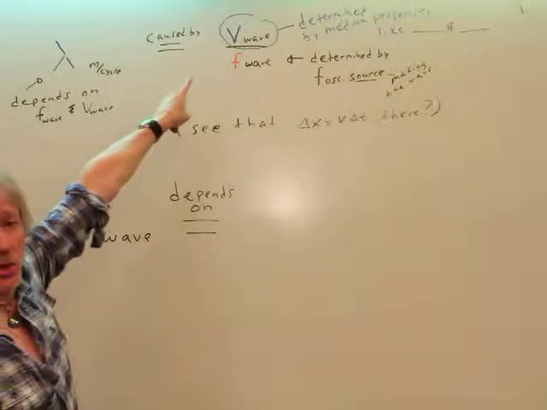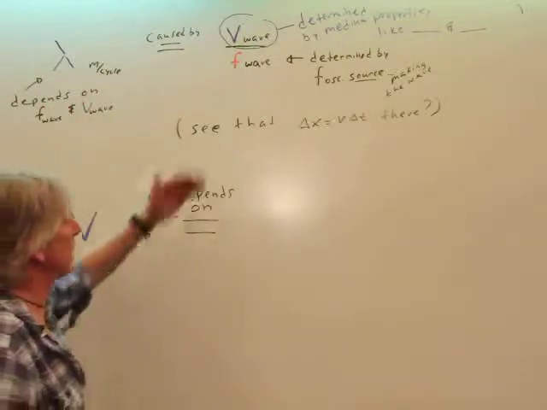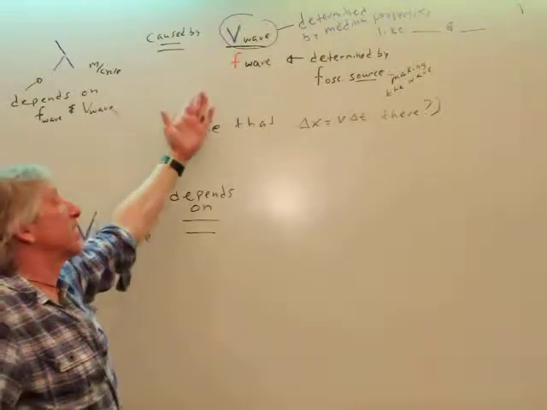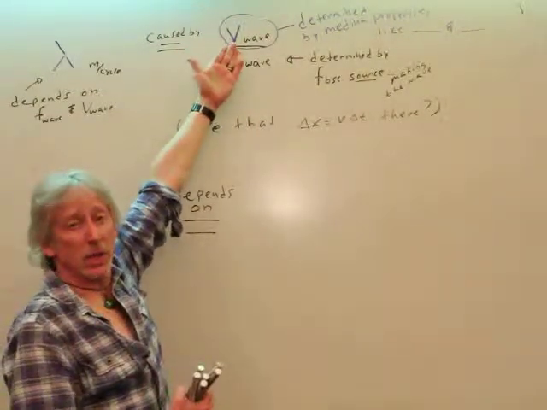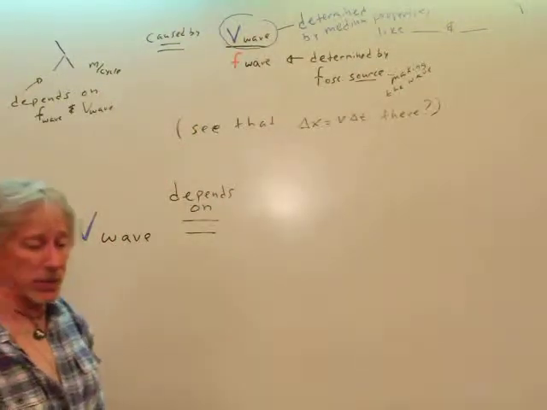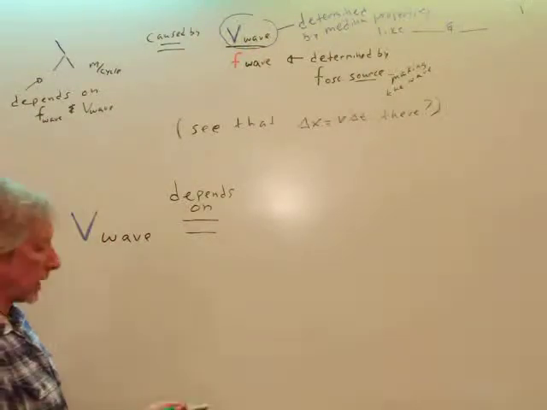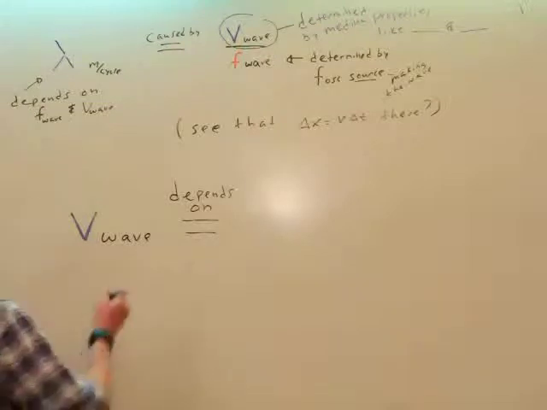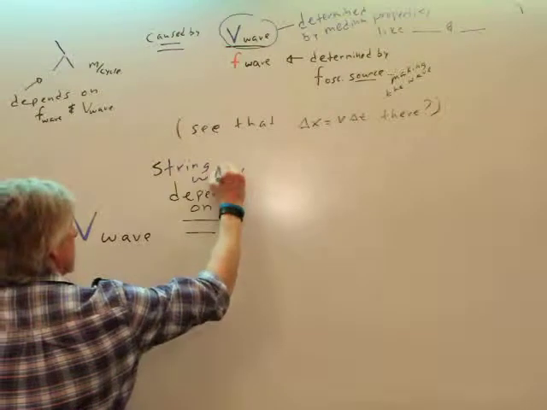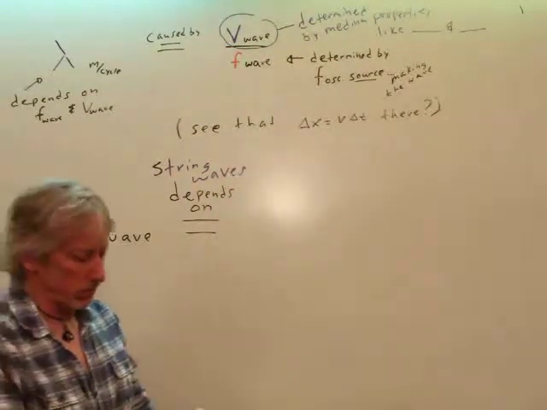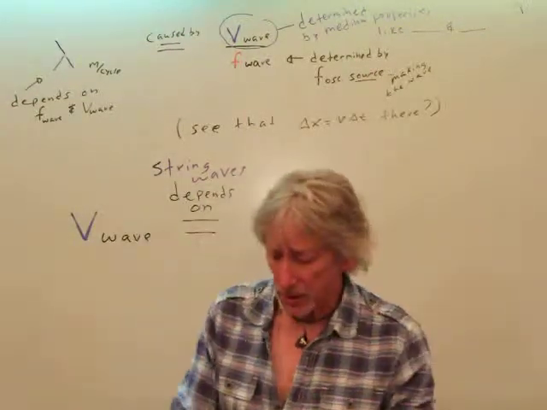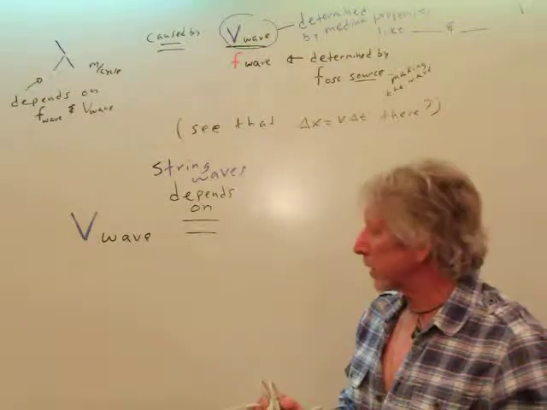It doesn't depend on that equation. Now, if you know the wavelength and you know the frequency, sure, you can solve for v wave algebraically. But what's determining the wave speed is not these guys. It's going to depend on something else. And the easiest thing to do is to think about string waves. So we're talking string waves for now. And light, well, that's a whole other can of worms. You get into relativity and space-time and things like that, because the medium of light is space-time.